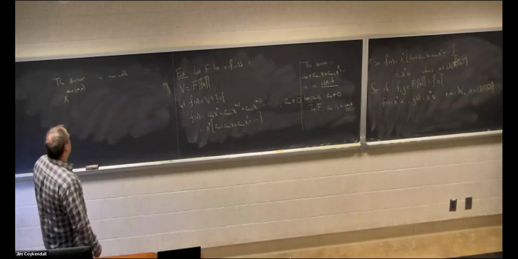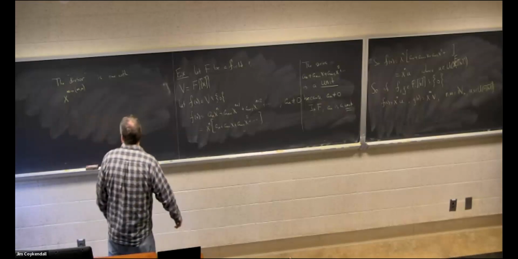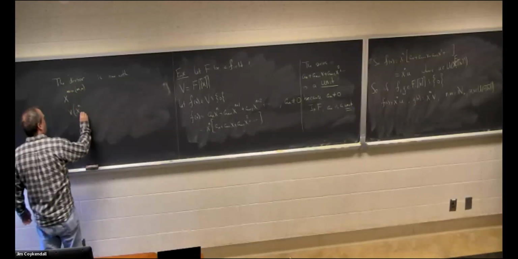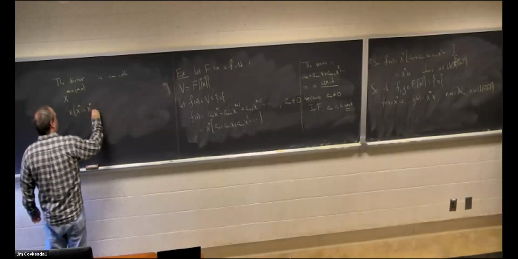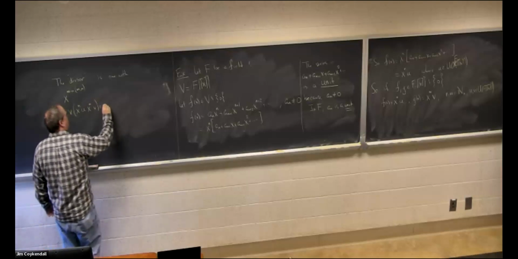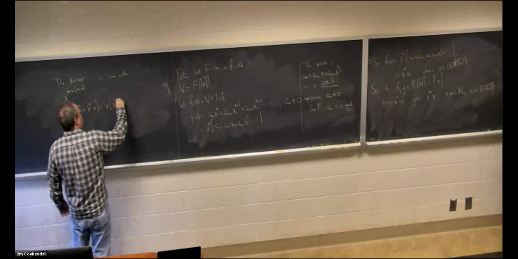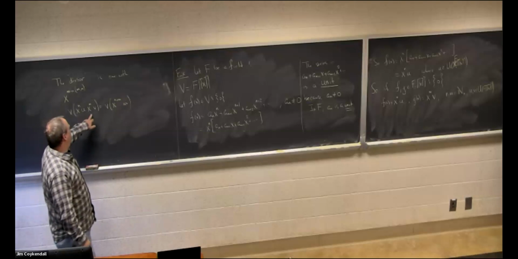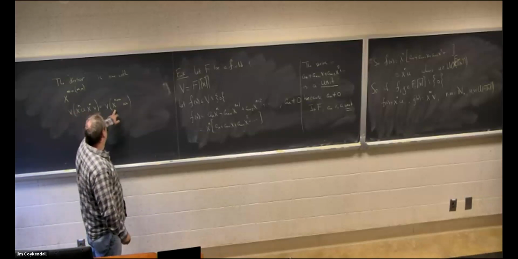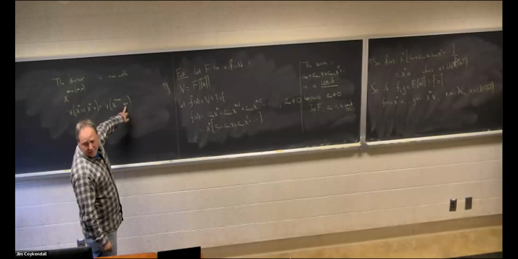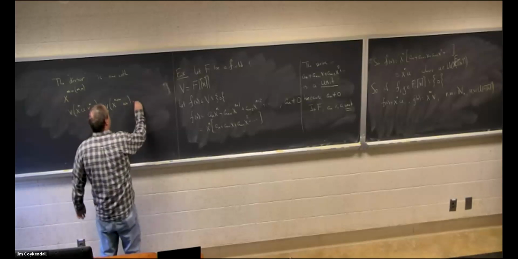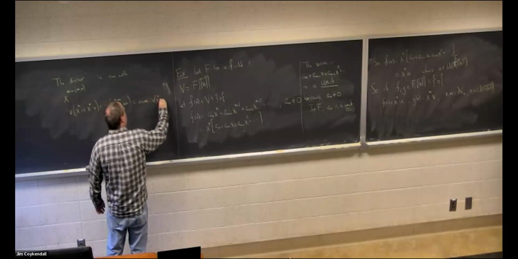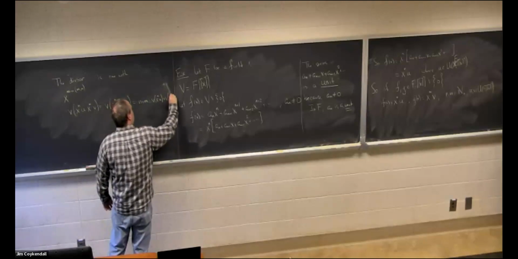So let's take apart this valuation thing here. Notice that the value of AB, I can rewrite this as X to the N plus M times UV. And since U and V are both units, this is still a unit. This is N plus M, which is the value of X to the N U plus the value of X to the M V.